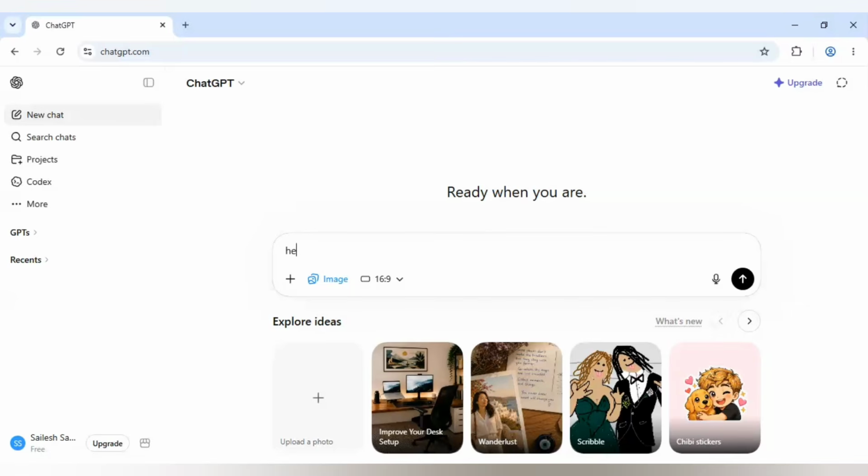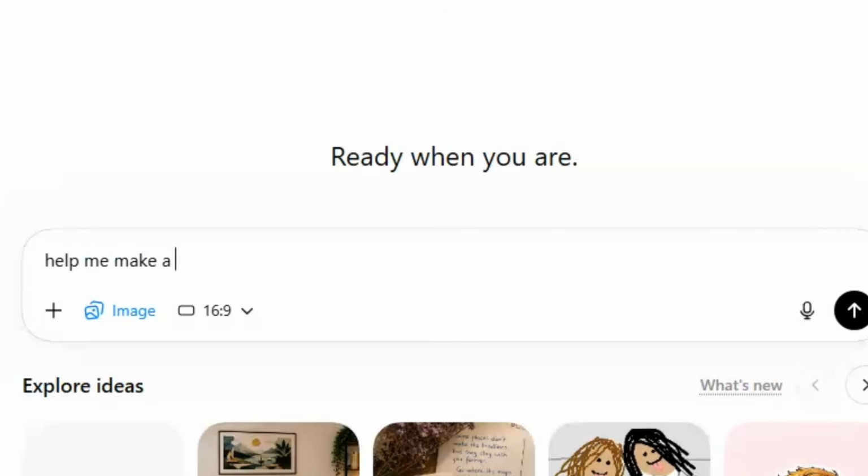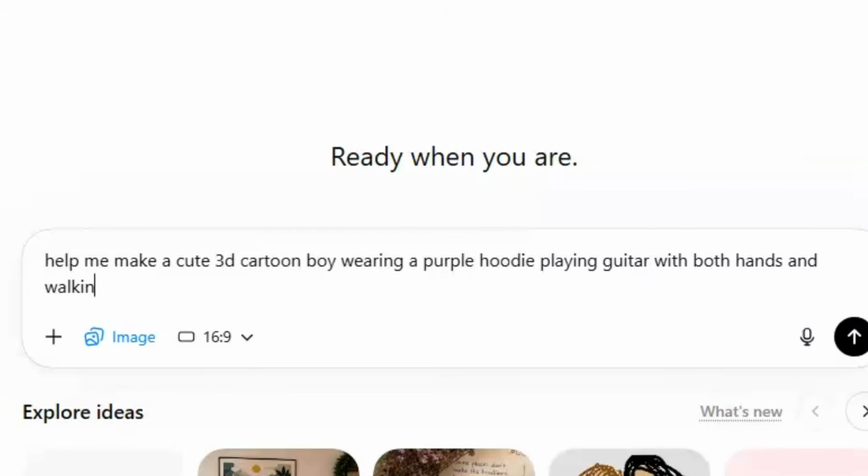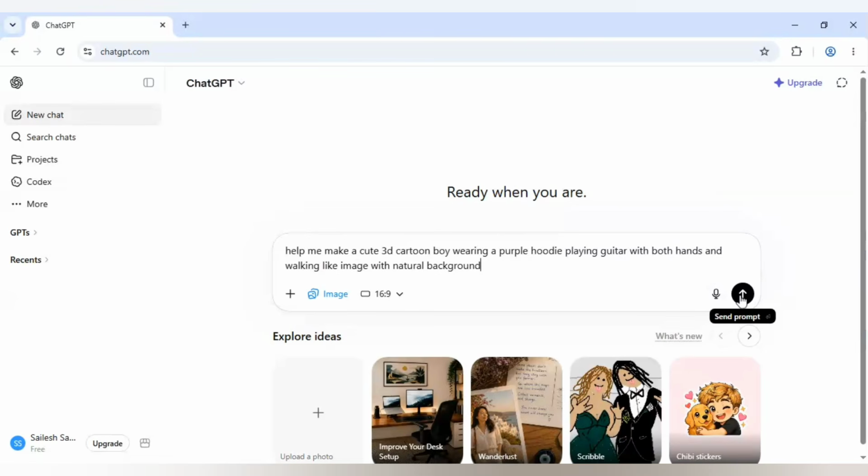So after that here I will write: help me make a cute 3D cartoon boy wearing a purple hoodie playing guitar with both hands and walking like image with natural background. Okay, and click on send prompt,